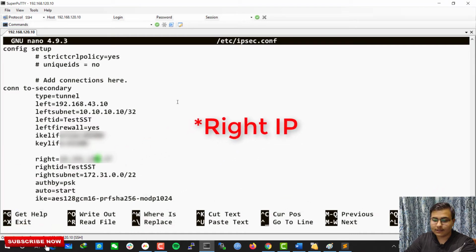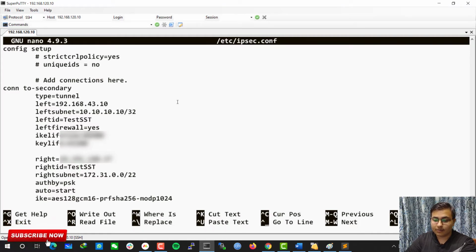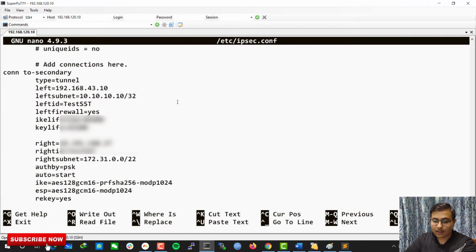Then right means the server's WAN IP. Right ID means the server's local ID of authentication, which you will put here. And right subnet means the server's local subnet. We will authenticate via pre-shared key, and we will initiate the connection from here. So I have auto equal to start, that's why, and I am using AES 128 and GCM 16 encryption